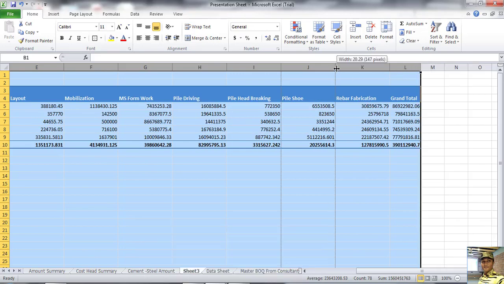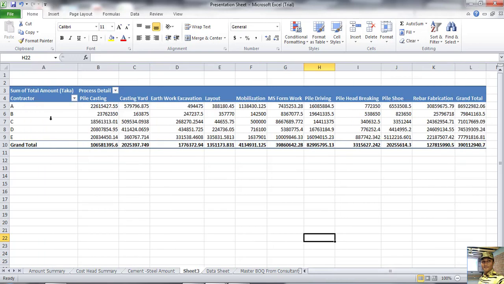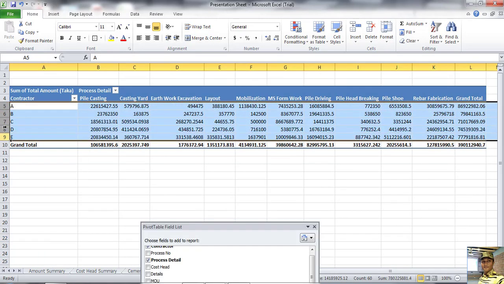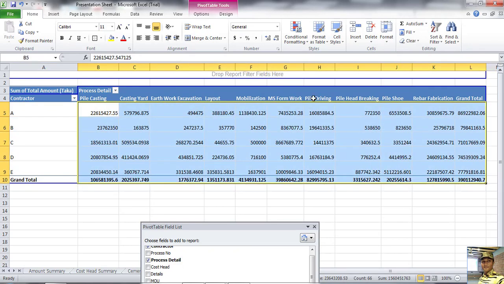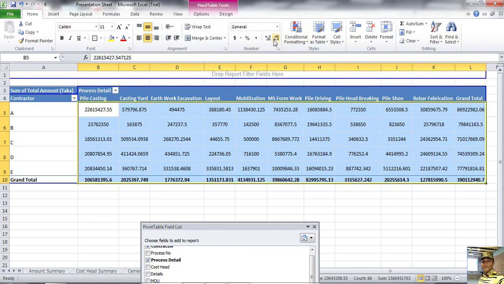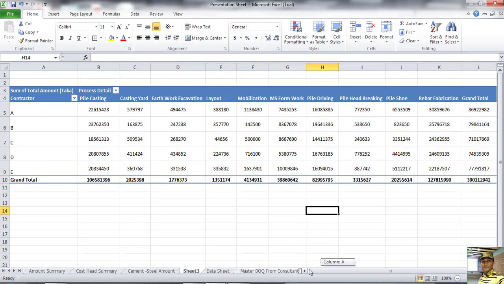So just compress it, same way. Now see the vendor-wise process details shown here and the amount also shown here, vendor wise.